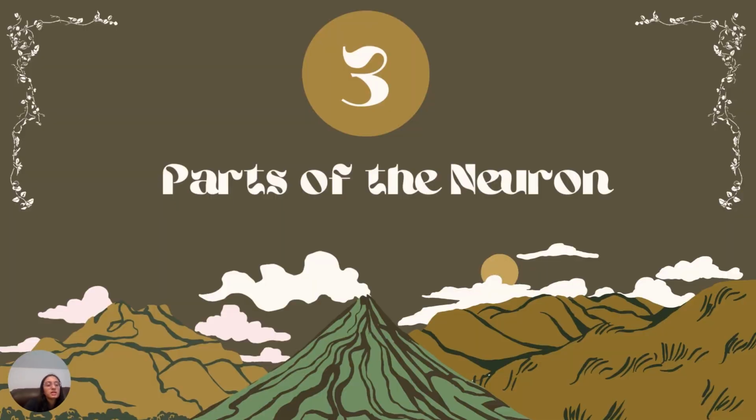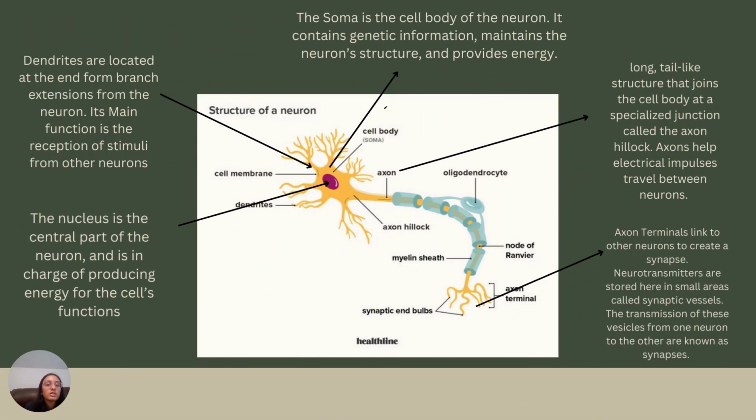The fourth topic we're going to discuss is parts of the neuron. First is the soma, located over here, which basically surrounds the cell and holds its organelles. The soma is the cell body of the neuron. It contains genetic information, maintains the neuron's structure, and provides energy. Each neuronal soma is wrapped in a layer of satellite glial cells containing a nucleus and specialized